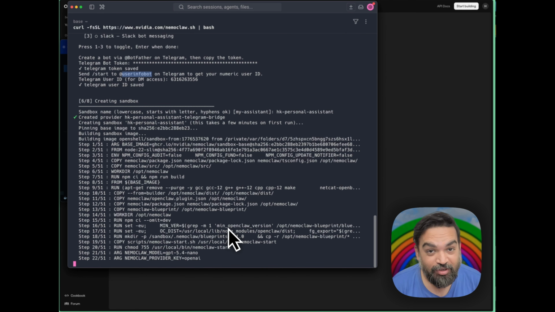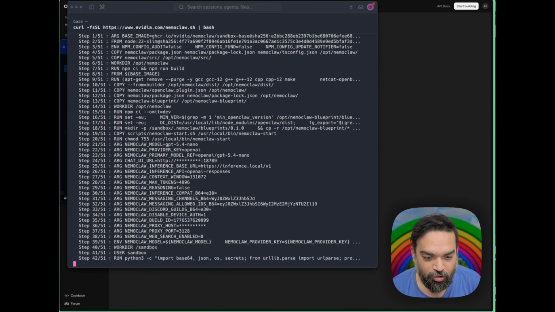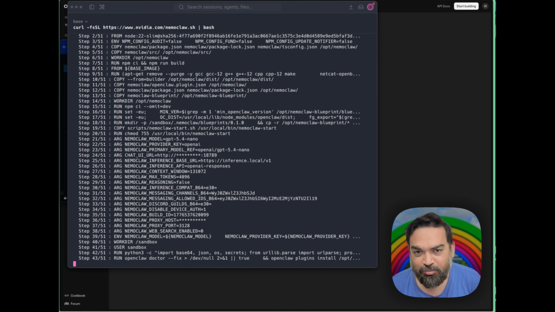Okay, we're almost at the end of the number of steps that it is doing. So I thought it might be important for you to understand why you need a sandbox or what a sandbox is. To simply understand this, standard AI agents or chatbots just talk. And when you install OpenClaw, you can talk to it. OpenClaw agents also go beyond just being chatbots. They can actually execute code and also use tools, right? Any tool you can imagine, they can talk to the tool, get data from there or push data there,